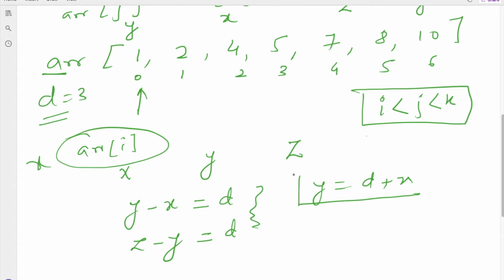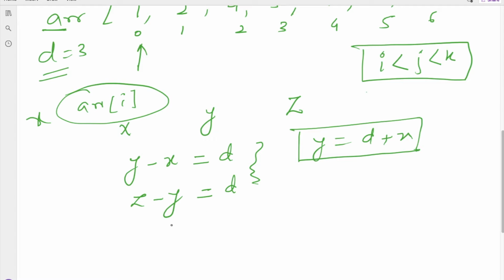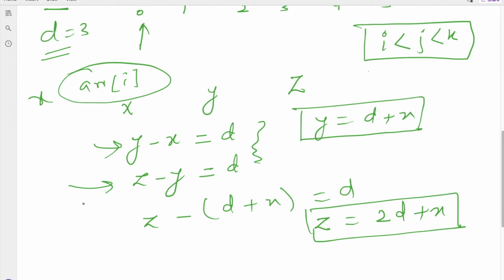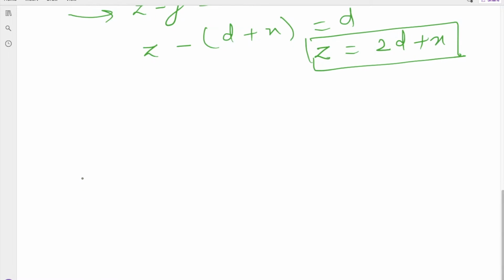Now if I write z minus (d plus x) equal to d, my z will be 2d plus x. So we got our equations: y equals d plus x, and we put the value of y in this equation to get z, and z equals 2d plus x. Now let me write the list one more time in a fresh way.